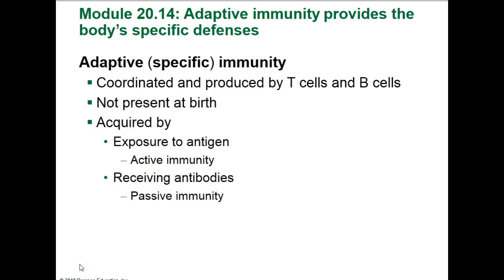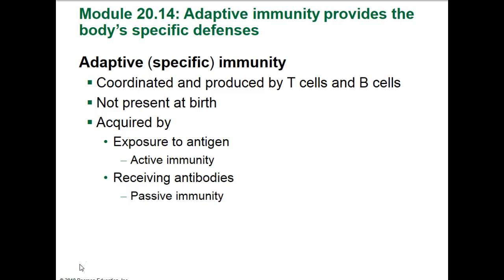What's another name for T cells and B cells? T and B. It ends with cyte. Lymphocytes, okay. These are not present at birth, they're acquired because you get exposed to antigens, and that's called active